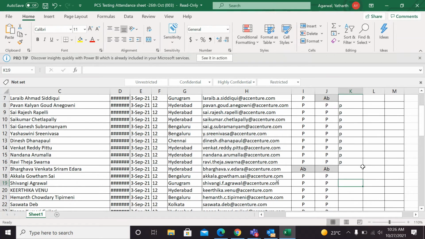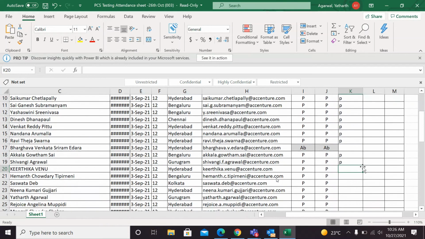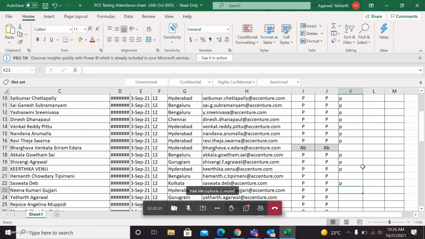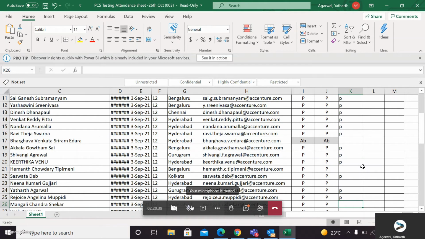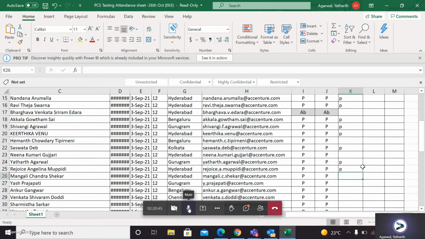Gautam, present. 20, present. Kirthika, present. 21. 22, present. 23. 26.